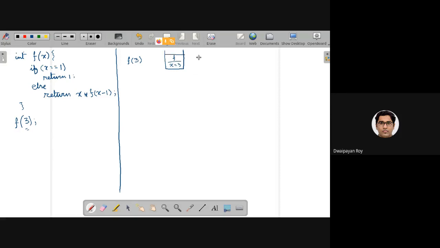So this is basically the first call from main. Note that this is not a recursive call. This is the first time it is getting called from the main function.